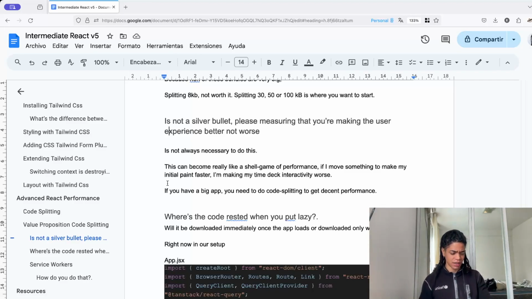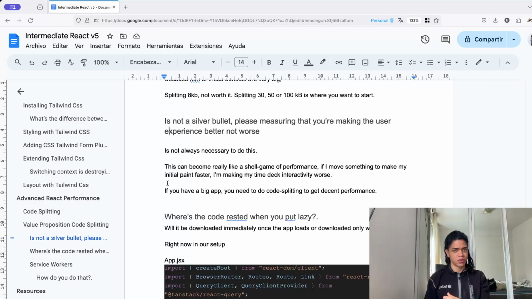And not only that, how can we implement code splitting in React using lazy? How can we show something when you defer things or when you want to load some things later on? That's one. And the other is that